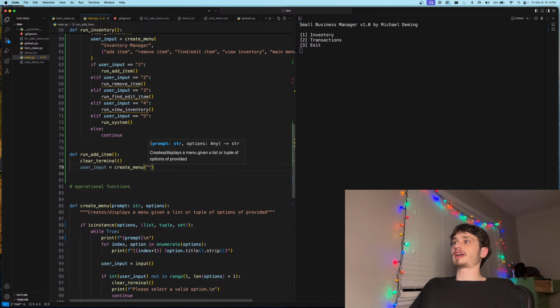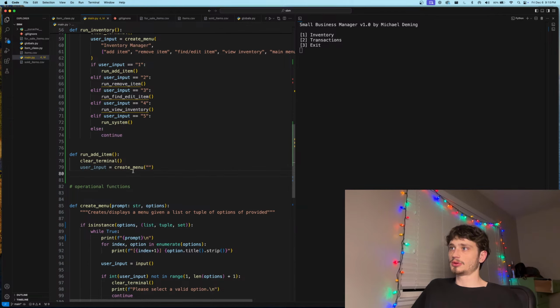we're going to give it a title of... no, so run add item, if we want to add an item, we wouldn't actually need to... I don't want to create menu. I want to say